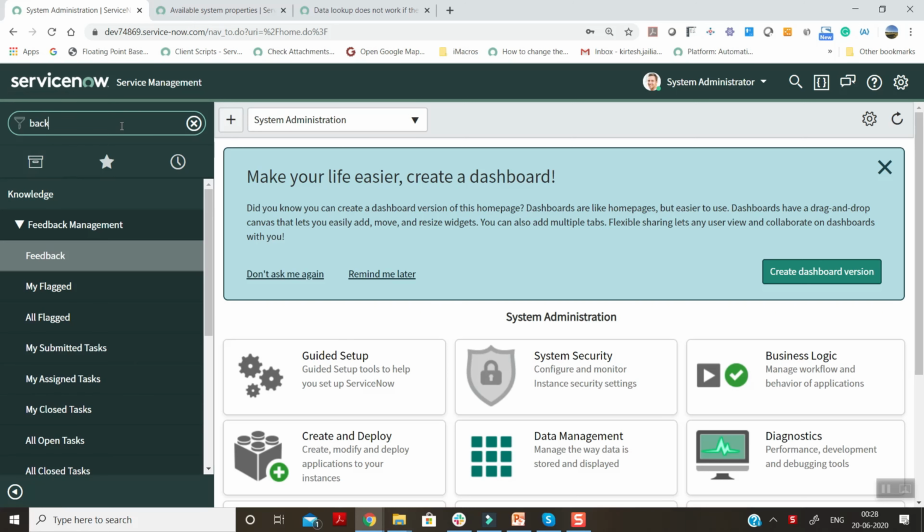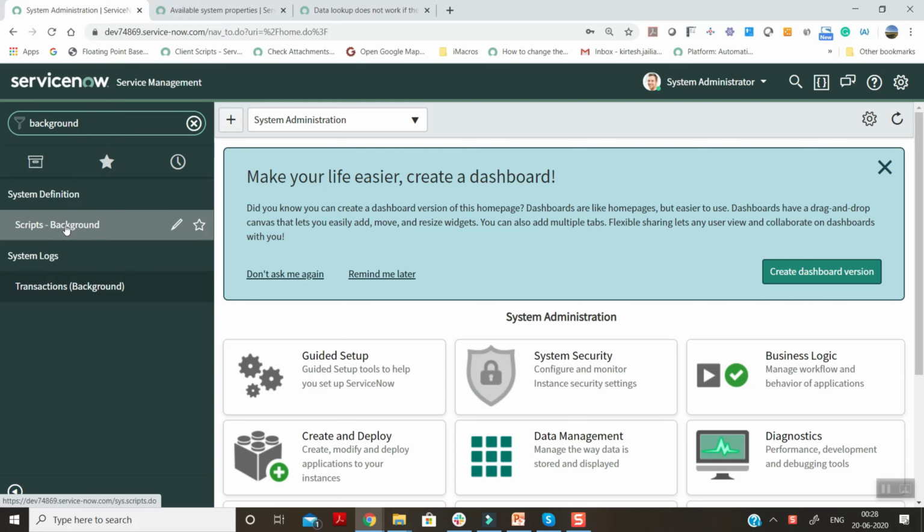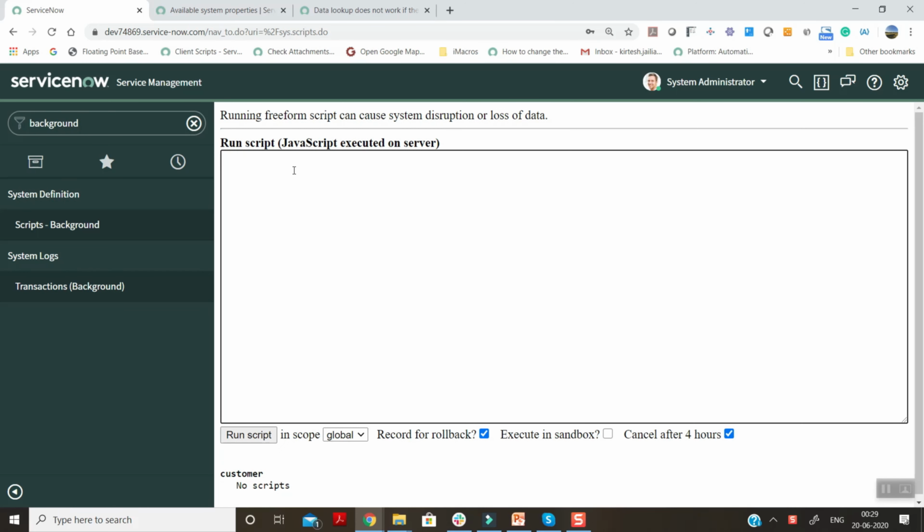So first we are going to discuss the invalid queries. What I'm doing here is simply a GlideRecord query.